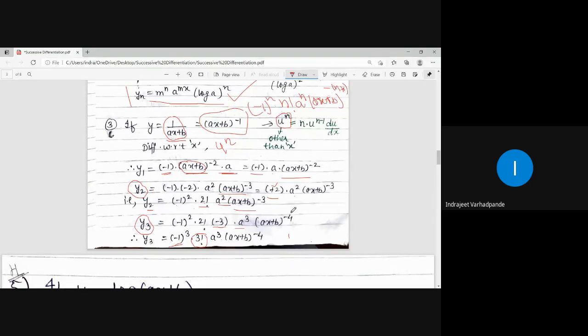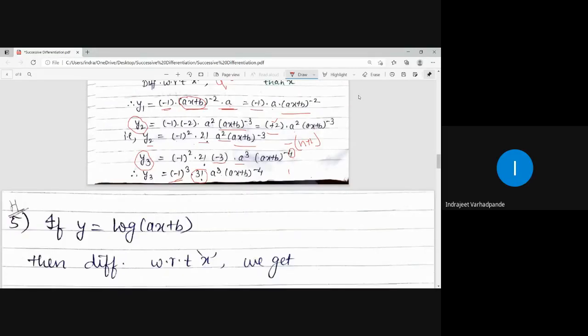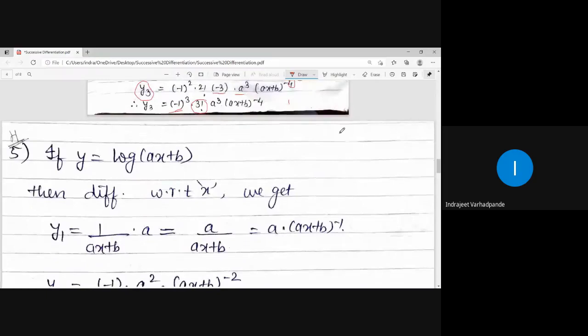Okay, here it is 4, right? 4 is nothing but n plus 1. But outside there is a minus, so what will we do? We will make it minus. Is it clear? So we have written down the generalized statement of this. Note down this for homework.